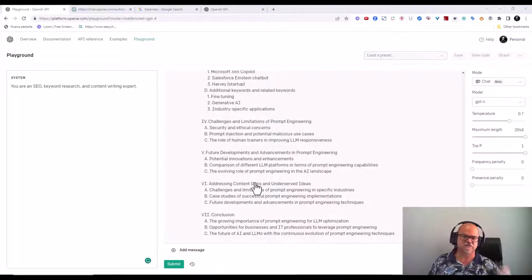Because what you're doing is improving on the previous article, and these are the things that you should be writing about. So change the outline. I'm going to leave it like that for our intents and purposes, because I don't want to start playing with this and messing with this. I want to leave it.